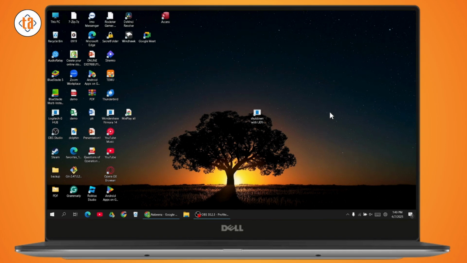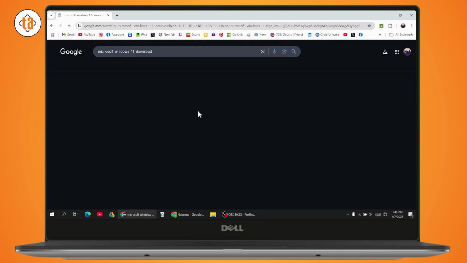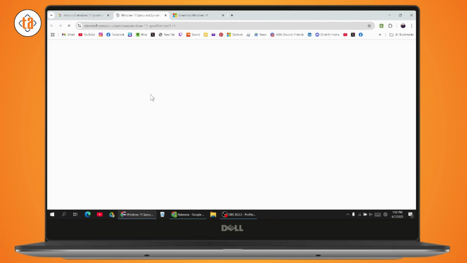So if you want to check if your PC is compatible with Windows 11 or not, then first you need to open up your browser. After opening your browser, you need to go with search, and under search, you need to search for Microsoft Windows 11 system requirements. After searching, you need to go with the first option, and here